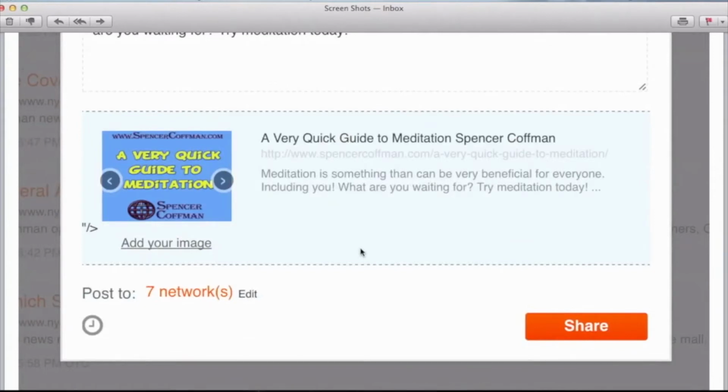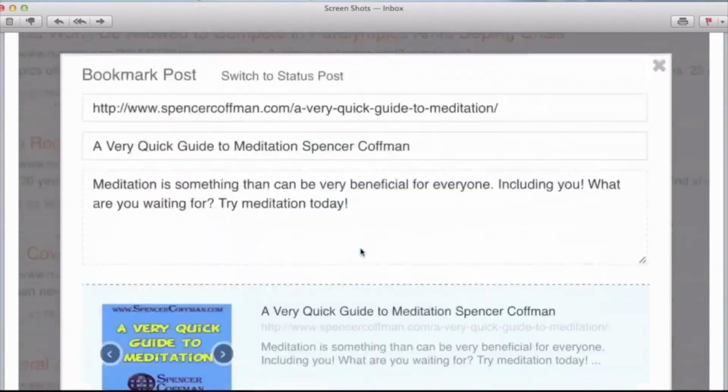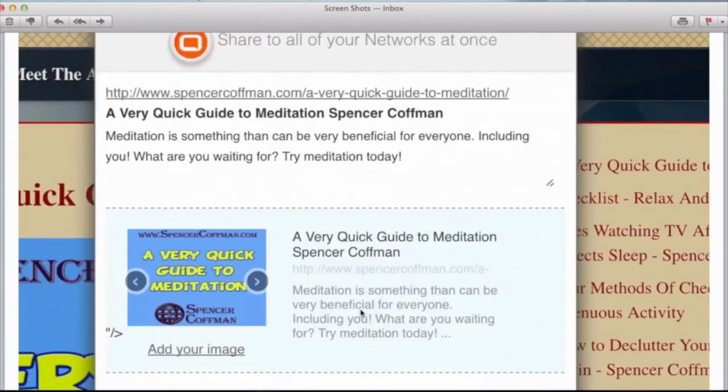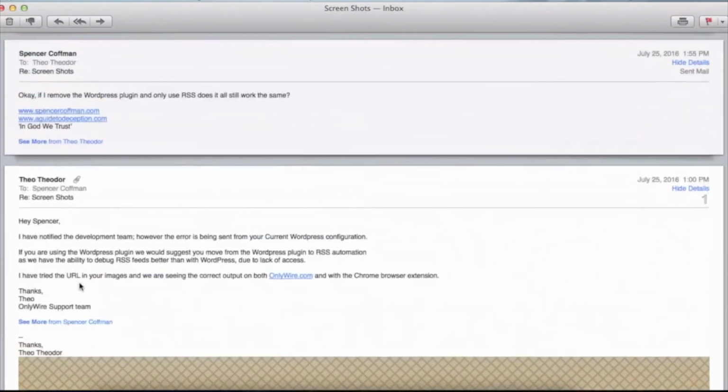But the point of an auto poster is me not having to manually go in and post it every single time. It's to automatically post, and it's to automatically post correctly. If I wanted to post it by myself, I could just paste it into all my social networks, but I don't want to do that. I want it to automatically be done for me. So as you can see, we have screenshot after screenshot.